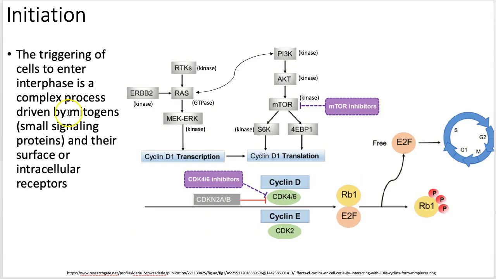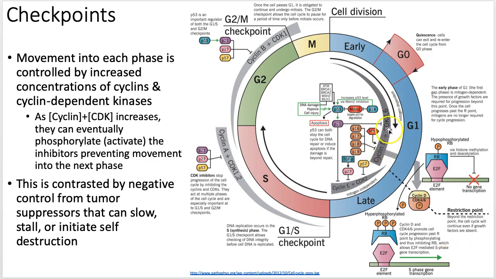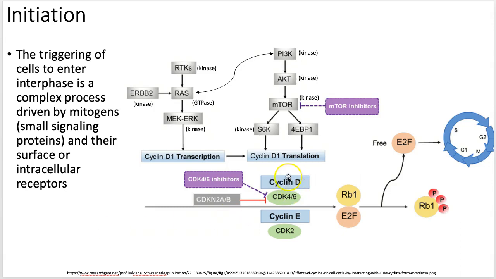Now, they can be surface, they can be intercellular, and I just wanted to point out, here would be the first phase. Okay, so we've talked about this already. So there's cyclin D, all right? Let me back up a little bit. There's cyclin D and CDK4 and 6. Okay, so if I jump back, there's cyclin D and CDK4, 6. So it's just a different kind of diagram,